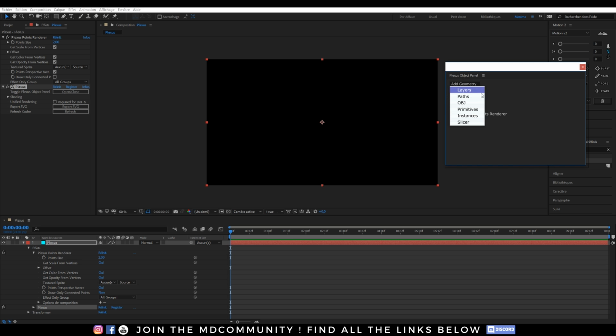You can add layer, path, objects, like in my horse tutorial, primitive, instance, and slicer. Today we will deal with primitives. We can also add effectors, noise. It will displace or change the color of our particles based on different things. We have the spherical field. It's like a spherical noise to displace the particle,